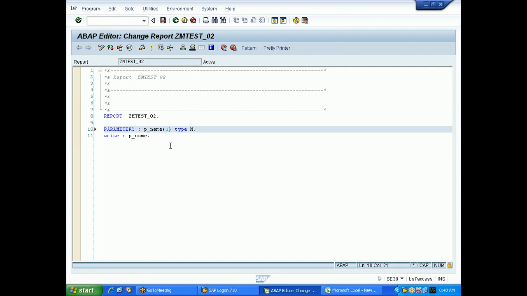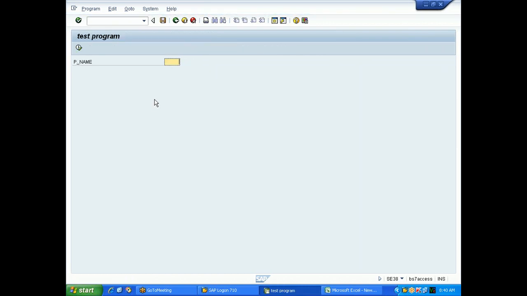You give the length as 5 or 6 or 7, whatever you want. Save, check and activate. Now execute your program. Numeric will hold only numbers. It cannot hold any characters or special symbols.